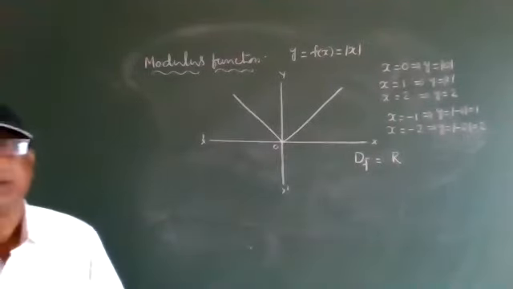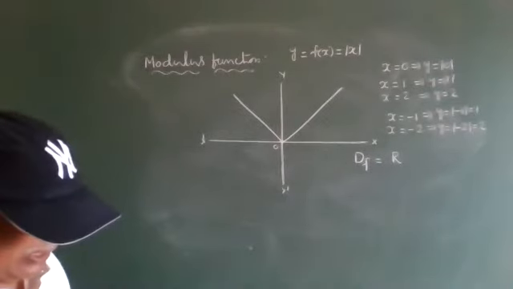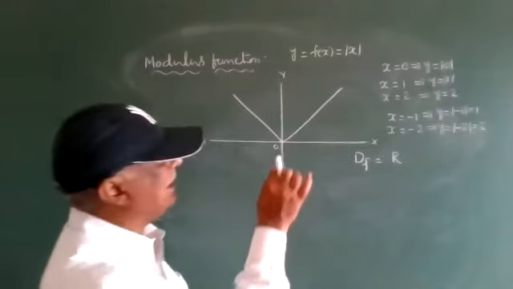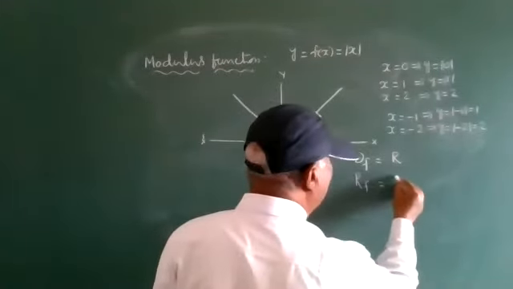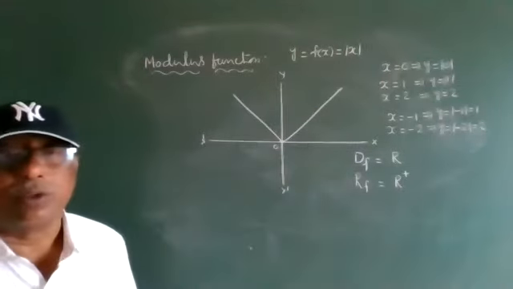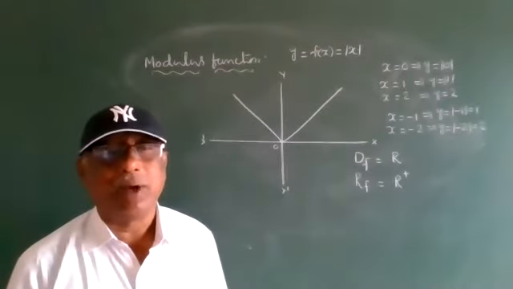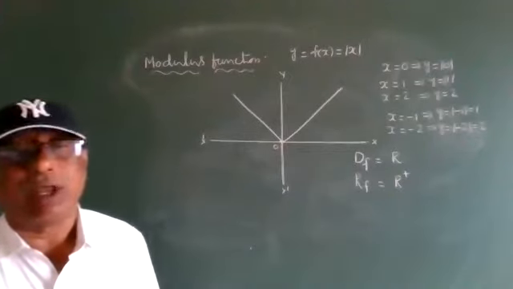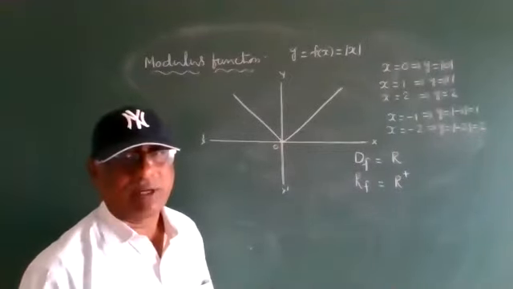What is the function? The function is modulus. So what is the range of the function? The range of the function is always positive values. Okay? Positive reals. Half can be taken, half will come. Minus 1, minus half we can take, but only plus half comes. Only positive values come. Therefore, one of the real functions is the modulus function.